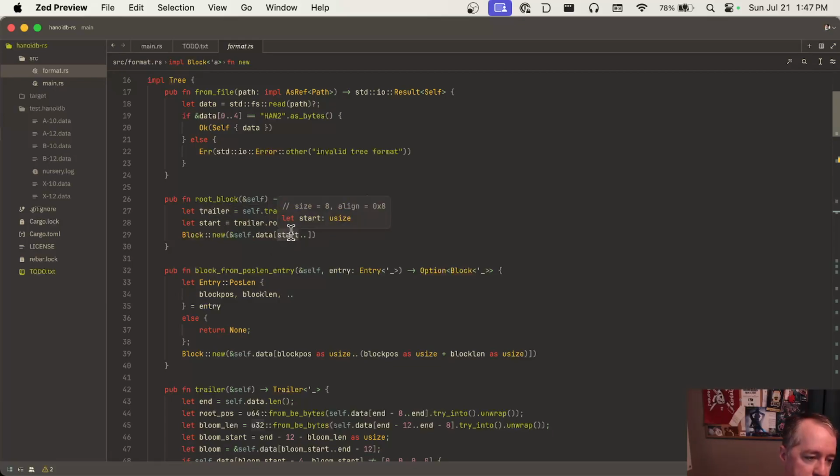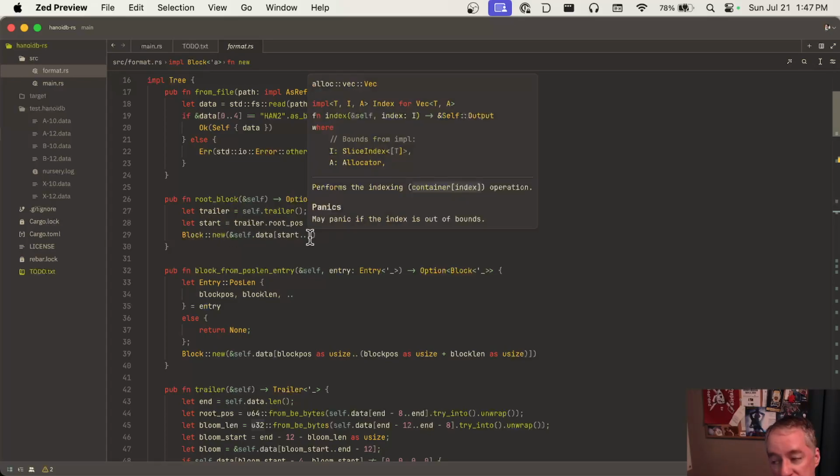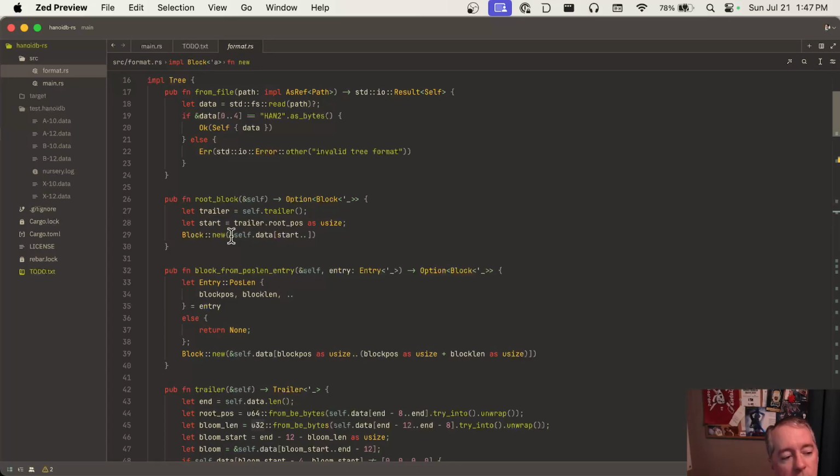Right. So we'll need to change how block new operates, probably to make it either read the length, right, and then read that many bytes, or